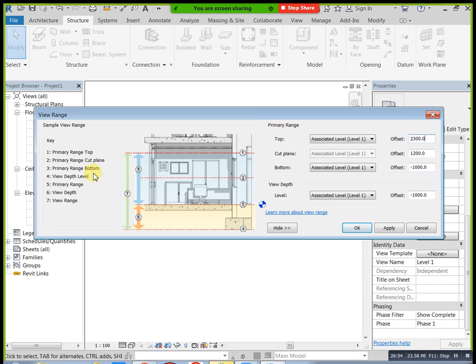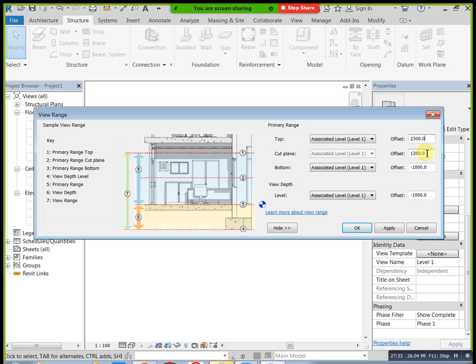Okay, next primary range cut plane. This one means I need to see at door, I need to see at window sections, so we need to mention some conditions. In that section, your door is not visible. Why? Our floor height is completely 4 meter. We mentioned the cut plane at 3.7 meter, below, between we have the ceiling. In the ceiling condition we can see our ceiling, but our door is not visible. In that type of situation you can mention your cut plane at 2000. Our door height is 2.1 meter, like 7 feet. In that situation you can mention 6 feet, and automatically you can see your door easily.